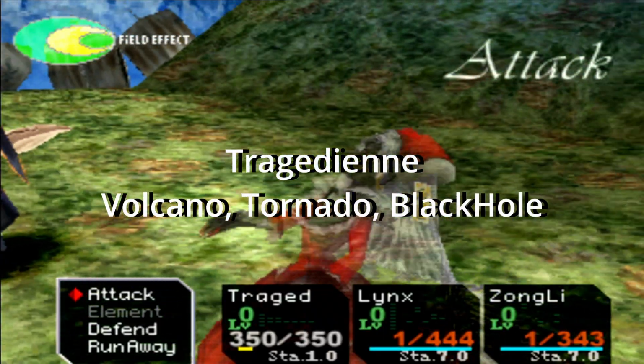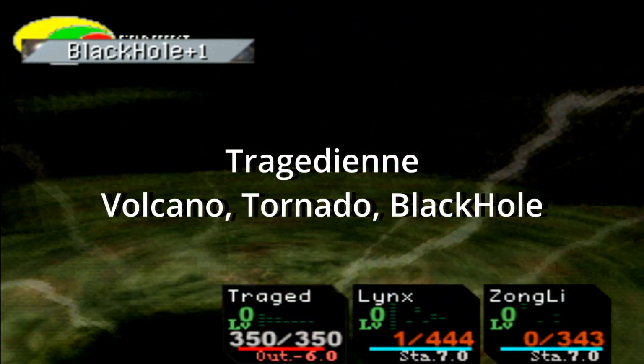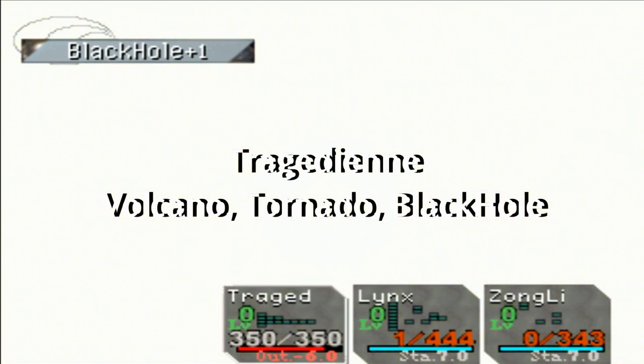Tragedy Ann can also be encountered as an enemy, and you can doppelgang to get their elements, as I mentioned before, but when you fight them, they will always broadcast exactly which element they're going to cast. So before you go to the Dead Sea, I would recommend making sure you have 4 to 5 Tornado, Volcano,